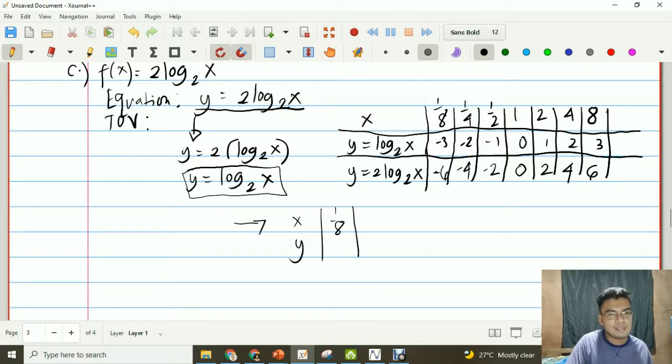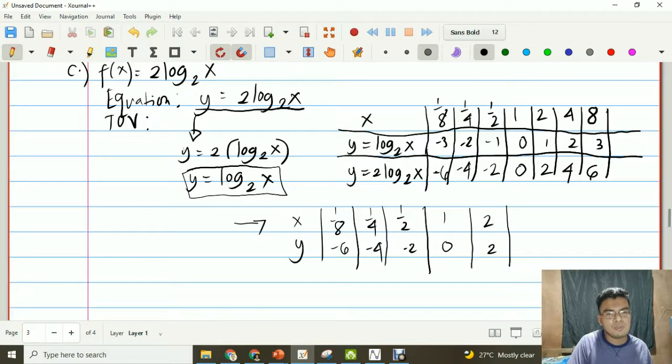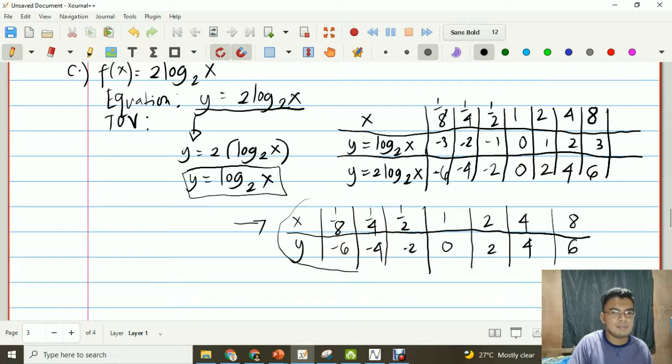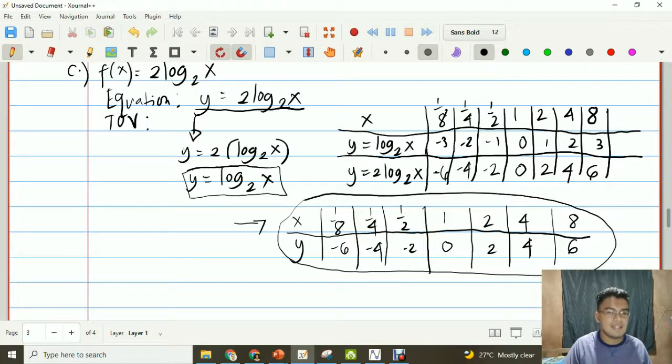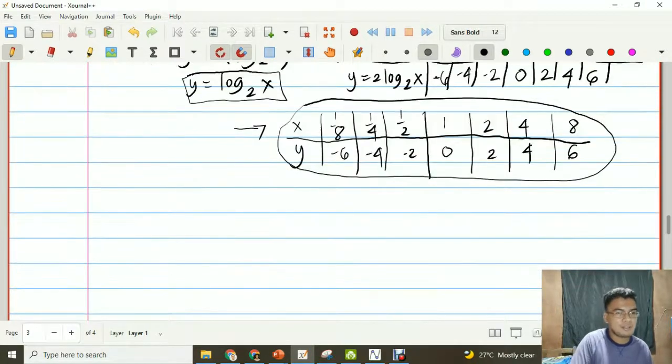1 all over 8 if y is negative 6. 1 all over 4 if y is negative 4. 1 half if y is negative 2. 1 if y is 0. And then 2 if y is 2. We have 4 if y is 4. And we have 8 if y is 6. So, ito ngayon yung ating table of values para sa ating item C. And then, for our graph,